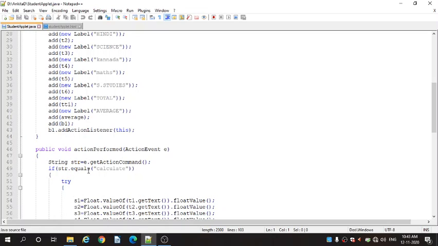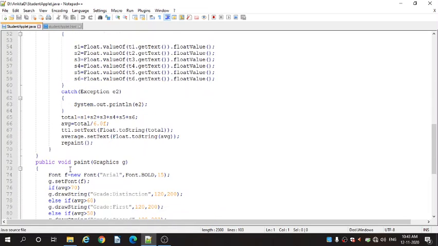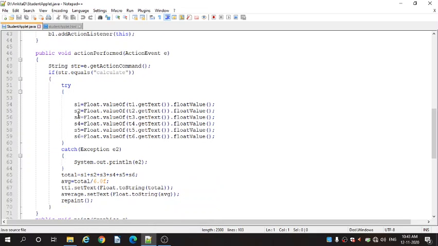If str.equals("Calculate"), then it will execute the further statements, that is s1 = Float.valueOf(t1.getText()).floatValue(). t1.getText() returns the value from the input controls as a String, and we need a float value.